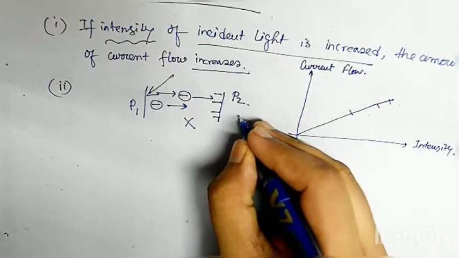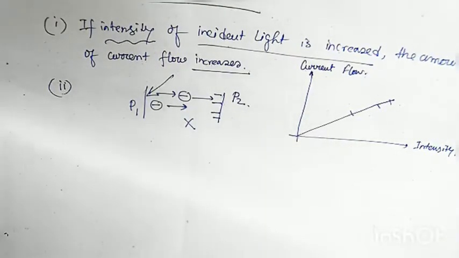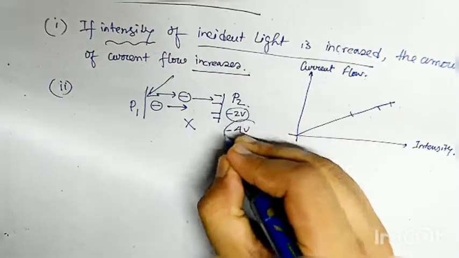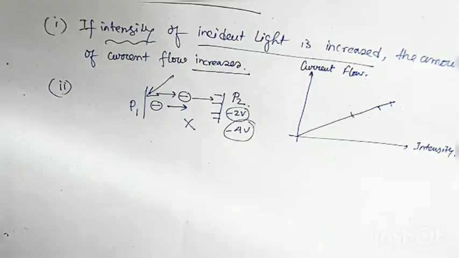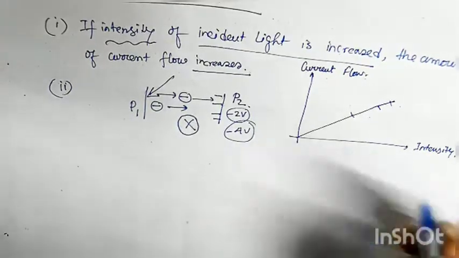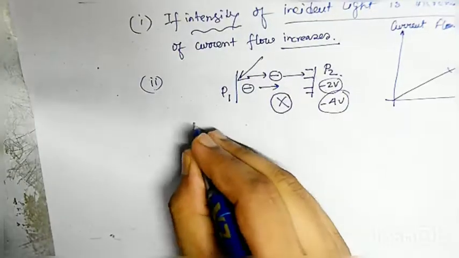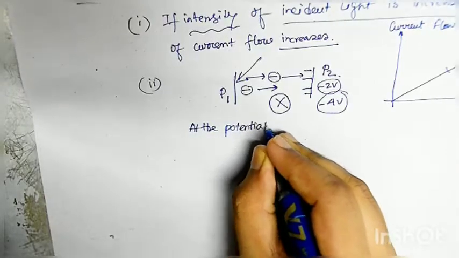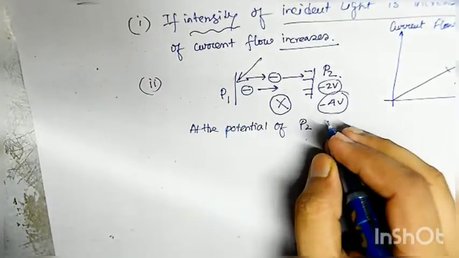Now if they can increase the negative potential, I already told you before that we can not only change the polarity, but we can also change the amount of potential, amount of negative voltage I will provide. Means previously if I was applying -2 volt, now I have started providing -4 volt. So if I keep on increasing it, there is a certain voltage when no more electron can reach it. And the potential difference at which this happens, at the potential of P2, that must be negative, I don't need to mention that,